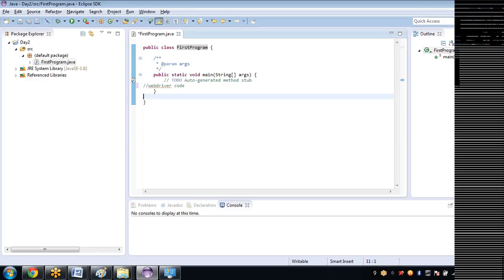You just concentrate only on your WebDriver code. That you need to write in the main block. That's all. Okay. So we'll start our code here, and main and all will come by default. You need not worry about writing all those. So yes, we are all set to write our